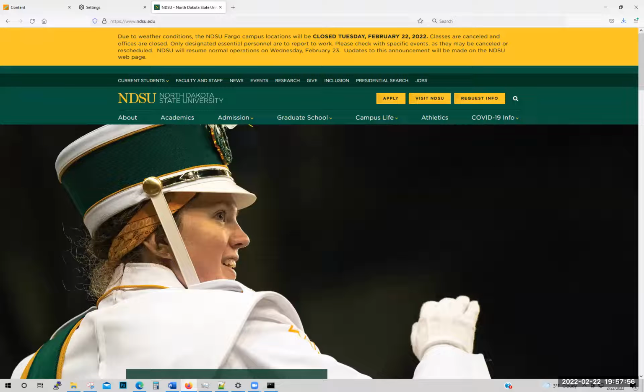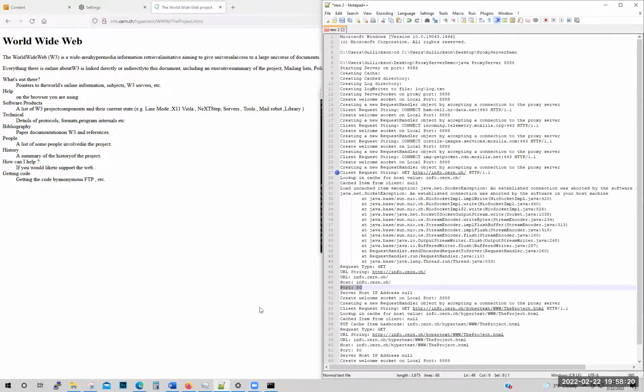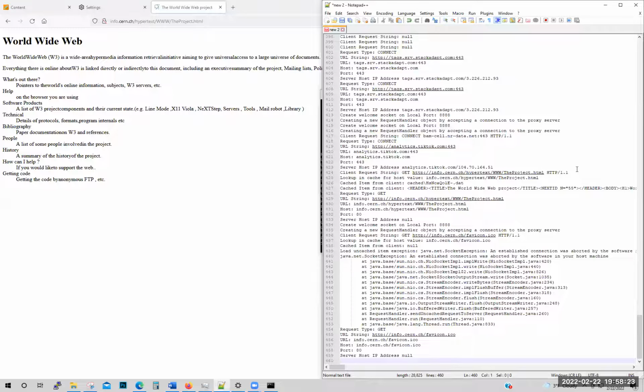To demonstrate the caching ability of the proxy, we can then make the same client request that we had made prior. By navigating back and navigating to the first page, and again, copying all of the logs back to Notepad. We can now see another client request has been made to the URL. We can also see that the lookup in cache value